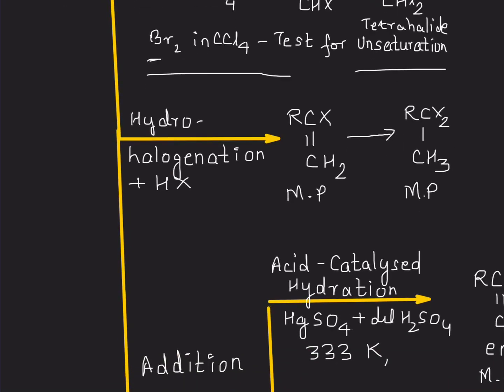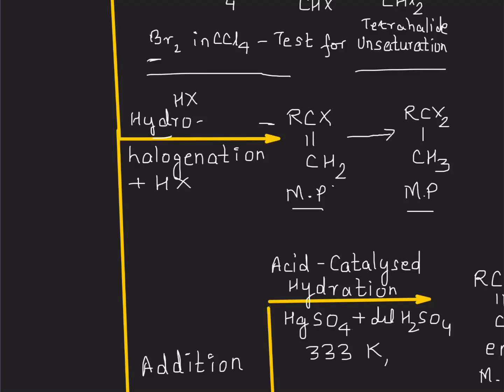Next reaction that we are talking about is hydrohalogenation. As I explained earlier, hydrohalogenation is the addition of a hydrogen halide. And what rule is followed? Yes, MP is the Markovnikov product over here. And what is Markovnikov rule? Yes, the positive part goes to the carbon bearing more number of hydrogen atoms.